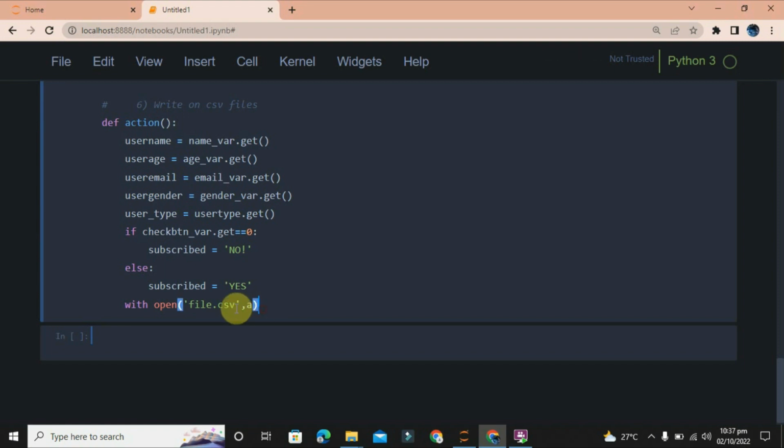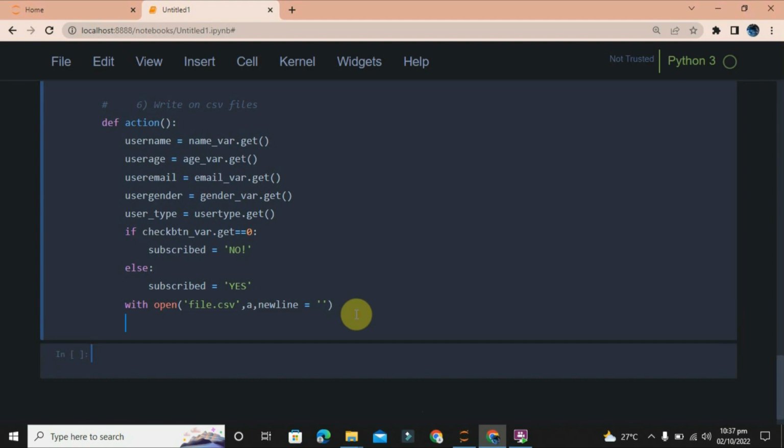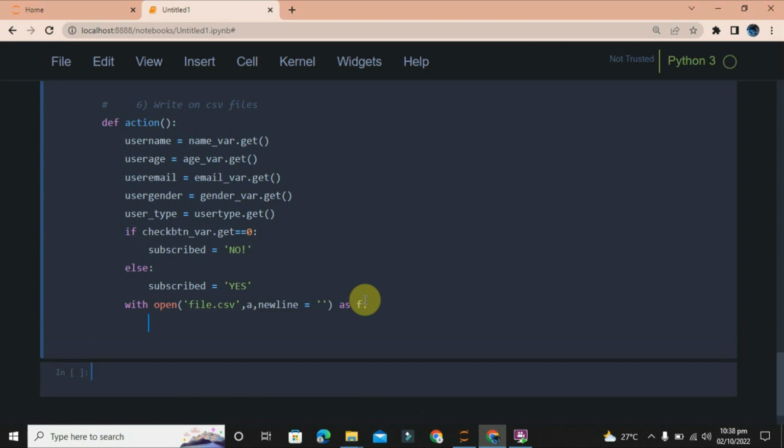If there is no file named file.csv, then it will automatically create one. I want it to appear on a new line, so I am setting newline like this, as f. So f represents the file,